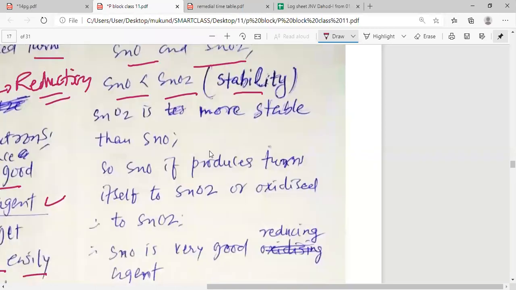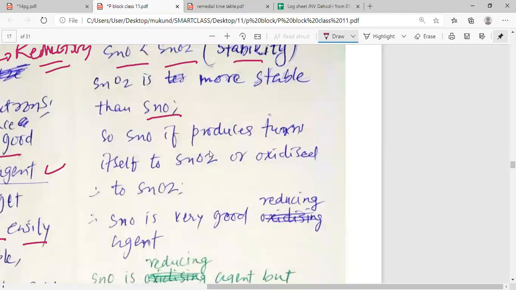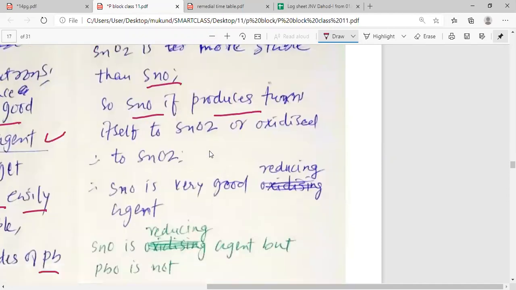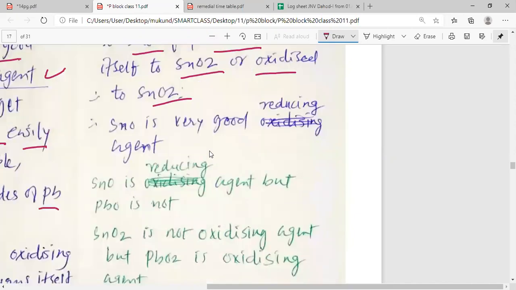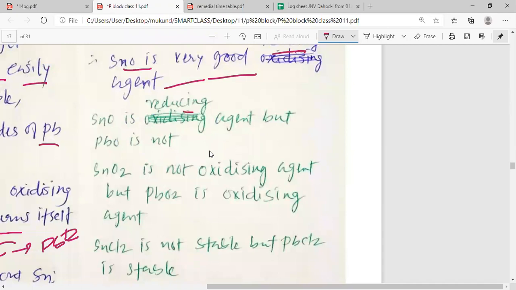Same way, my dear students, SnO, if produced, turns itself into SnO2; it is oxidized into SnO2. So SnO is a very good reducing agent. Now these are the various questions or scientific reasons you may be asked in your exams,